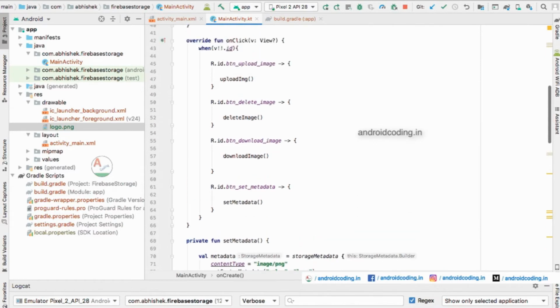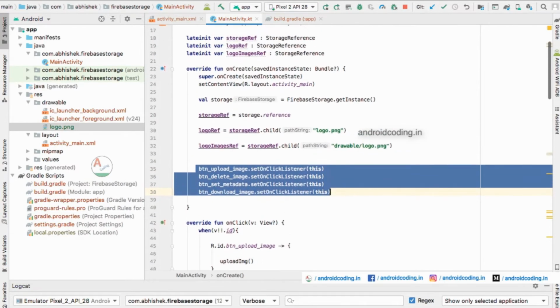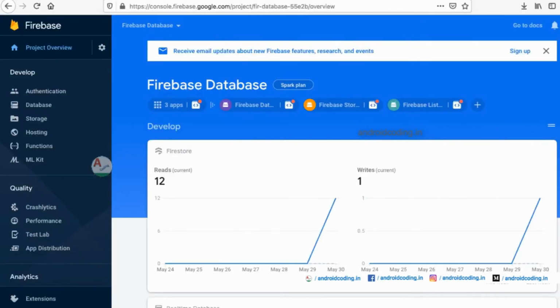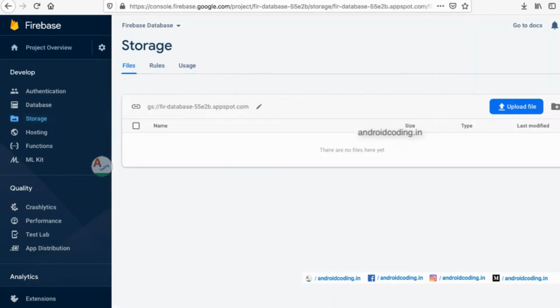First of all, if you see the database, you will get an idea. So here is the Firebase console. Whenever you create your project, it will be displayed here, you can see. And in this particular project we are dealing with the storage section. So click on storage, and here you can see there are no files. The image we are uploading will be saved in this particular block. Okay, you can do it manually also, and you can try to retrieve it from your application.